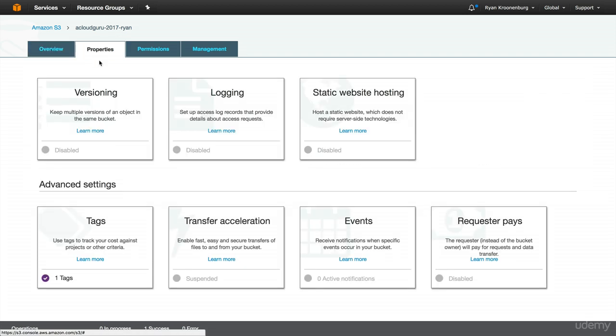So we can go over to properties, and here we'll see a whole bunch of different things. So we've got versioning, which we're going to cover in the next lab. We've got logging. We've got static website hosting. We've got our tags. We can already see our tag in here. We've got transfer acceleration, and this is basically makes it much easier to transfer very large files up into S3, and I'll have a lecture on that coming up as well. We have events, and we have requester pays in here. So by default, basically everything is disabled or turned off,